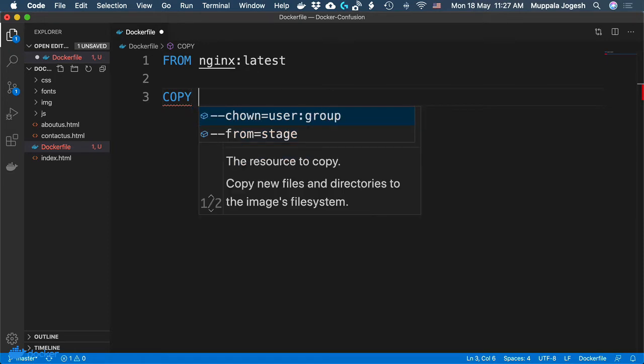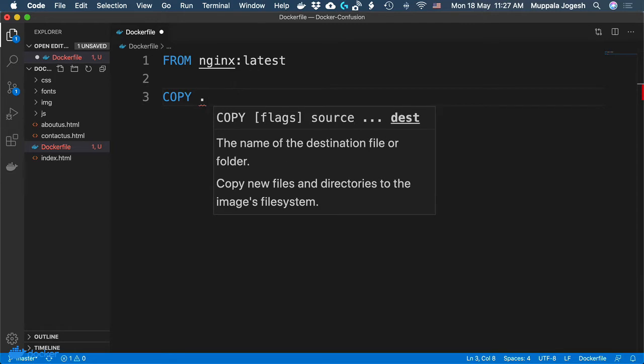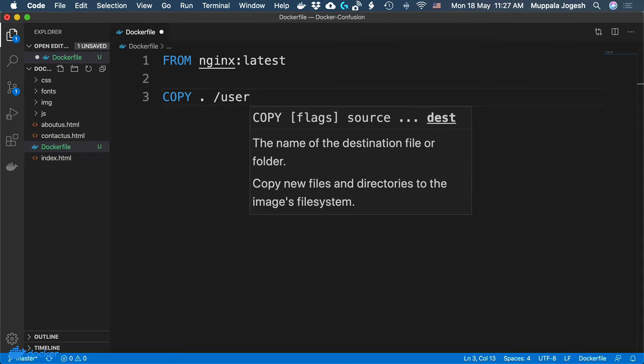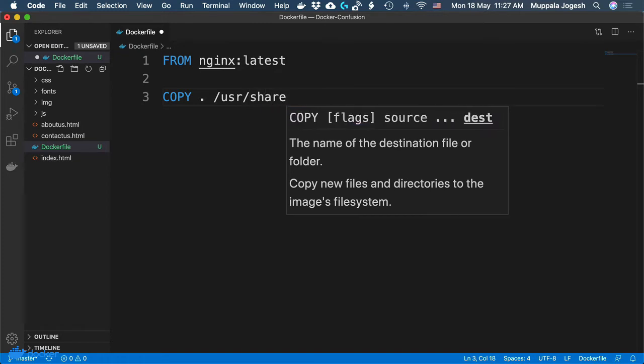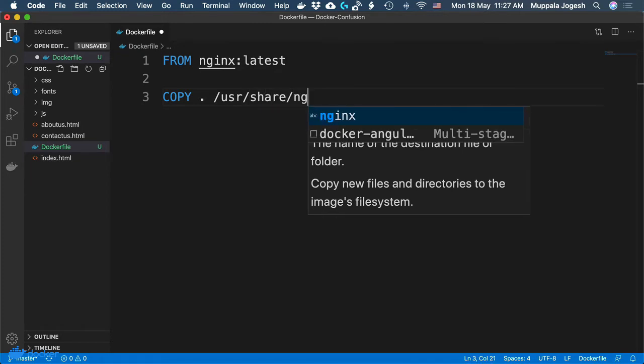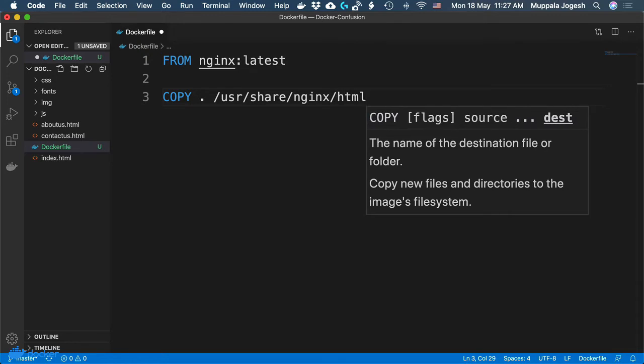So I'll say COPY . which, if you know Unix, refers to the current working directory or the local folder. So copy dot, copy this to /usr/share/nginx/html. So this is the destination folder in the image that we're going to create where these files need to